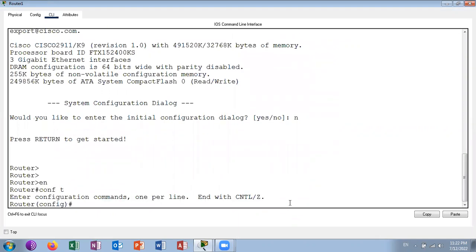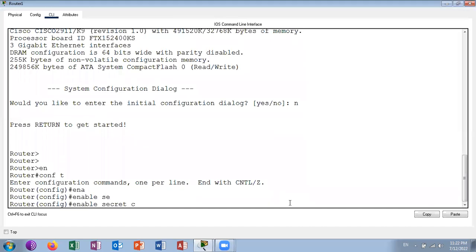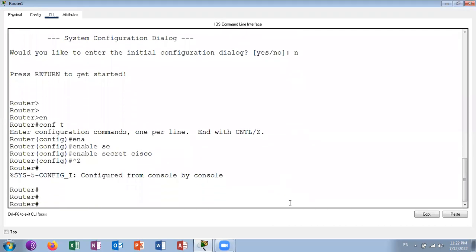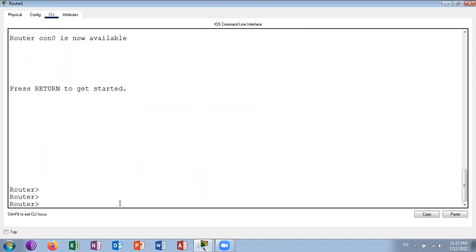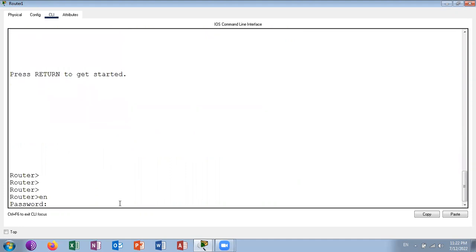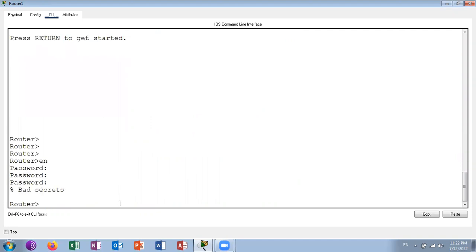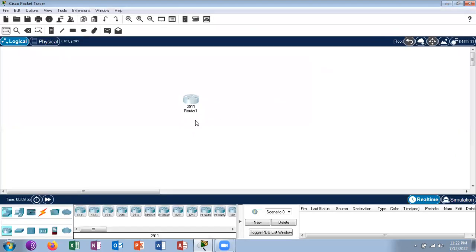Suppose I have configured an enable secret password, and now suppose somebody has restarted, or I have restarted the router. So it is demanding a password and not letting me in without the password. So I have to break this password in order to gain access to the router. So what I will do, I will take the console of the router,